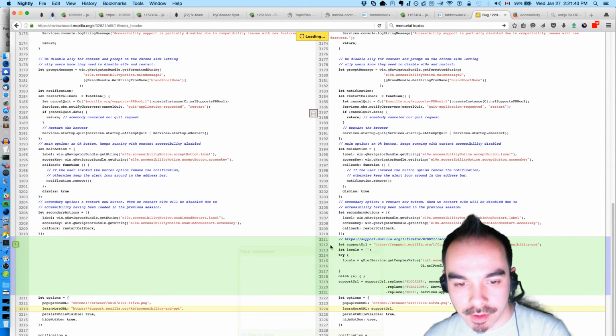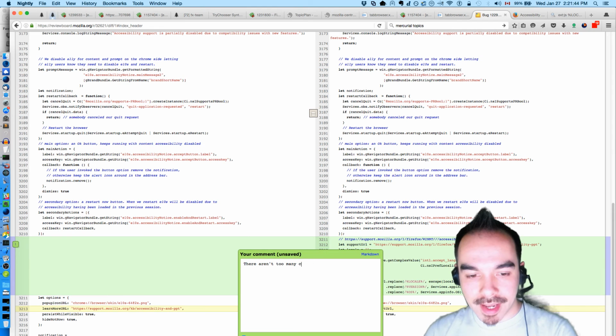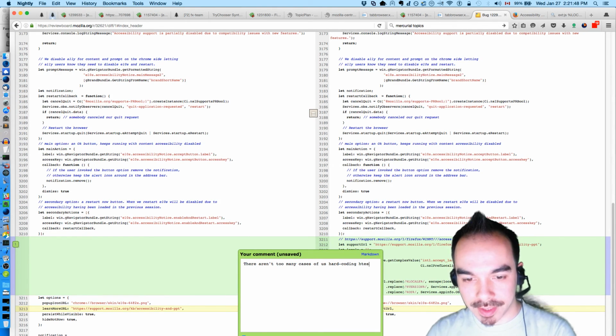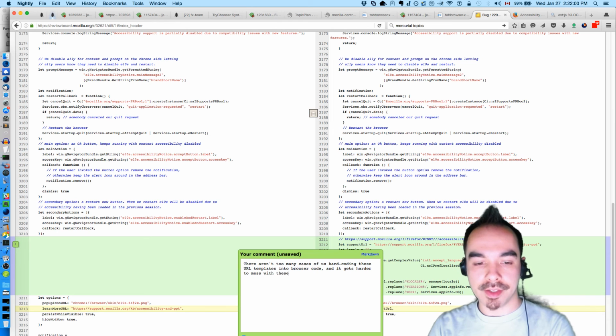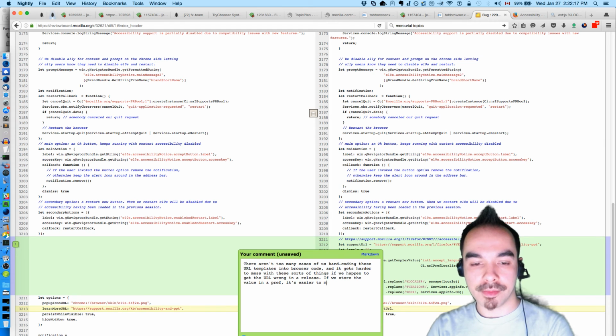So I think that's my first comment. There aren't too many cases of us hard coding these URL templates into browser code. And it gets harder to mess with these sorts of things if we happen to get the URL wrong on a release. If we store the value in a pref, it's easier to manipulate the URL after we've shipped the browser. At least I think that's one of the reasons why we store the support URLs there. So would you mind adding this instead to,